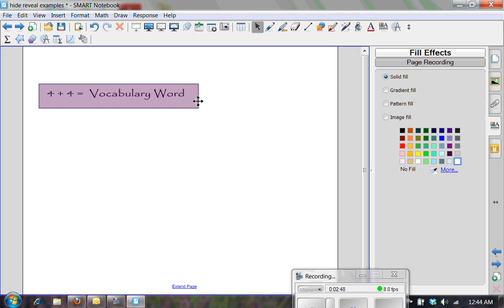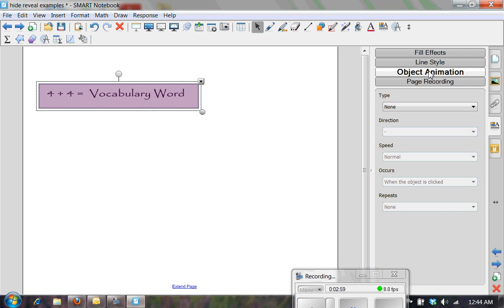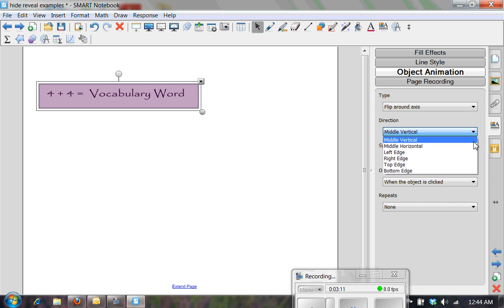The next step is to click back on the box, and we're going to choose in the Properties pane, which is still open from when we changed our color, Object Animation. We want this object to flip. So we're going to choose Flip Around Axis, but the direction we want is bottom edge. And it's going to give you an example so we can look at that